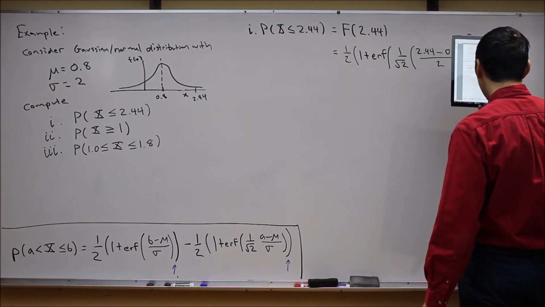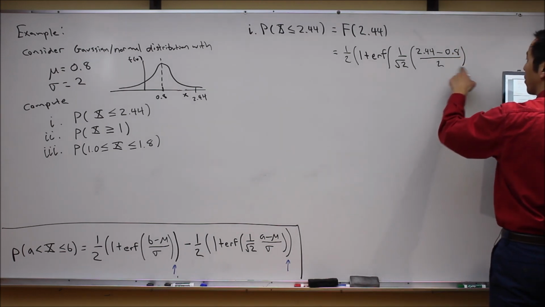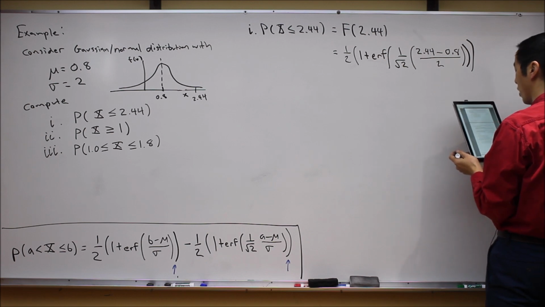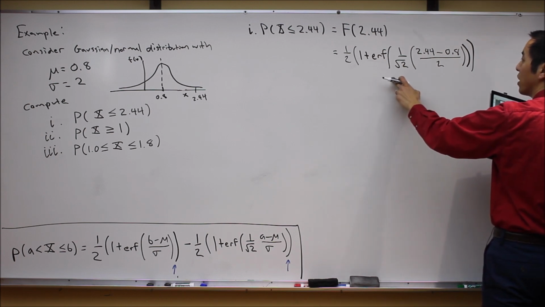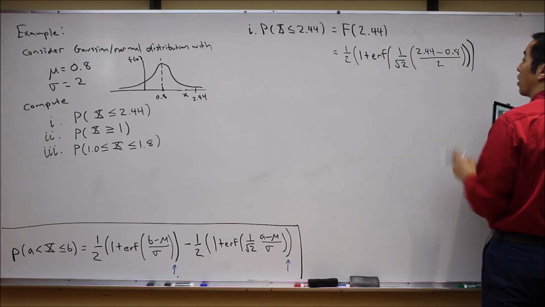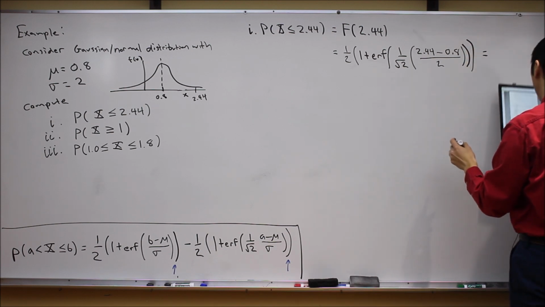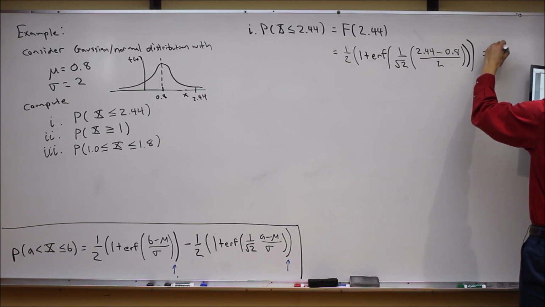Did I miss a parenthesis in my notes? I might have missed a parenthesis. Okay, so because this closes this, this closes this, then that closes that. There we go. At the end of the day, you look at this and see that this is just a number. You just need to run over to Mathematica and plug this in, and we'll do this in a second, but why don't you take my word for it that if you do this, you come out with a probability of